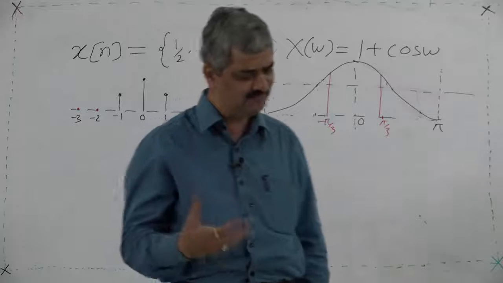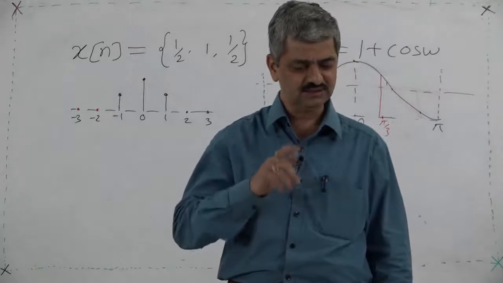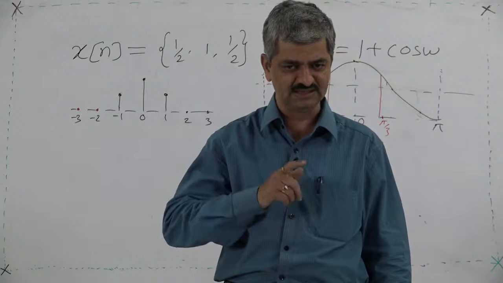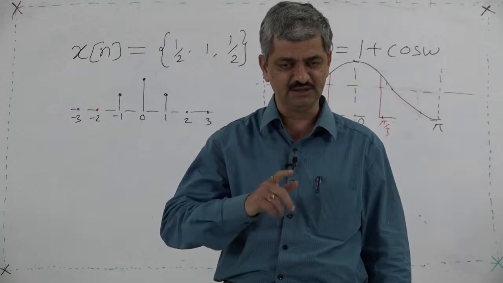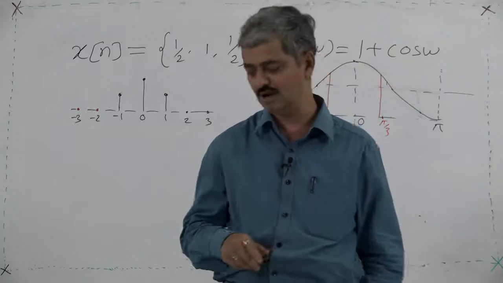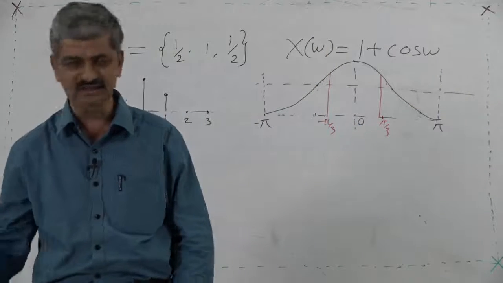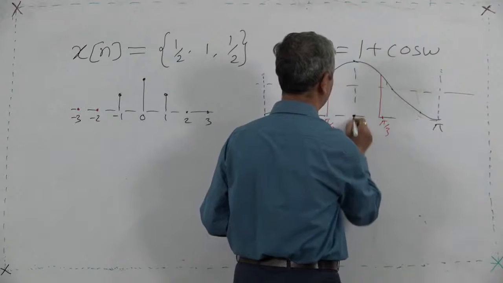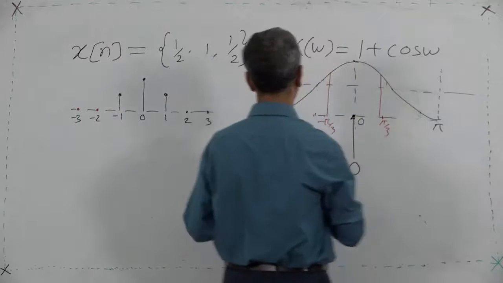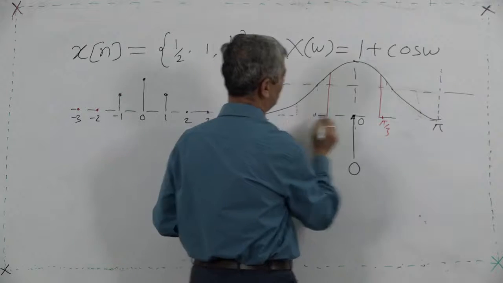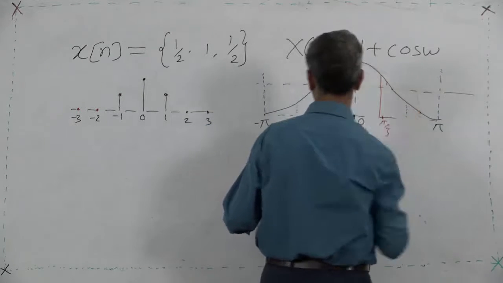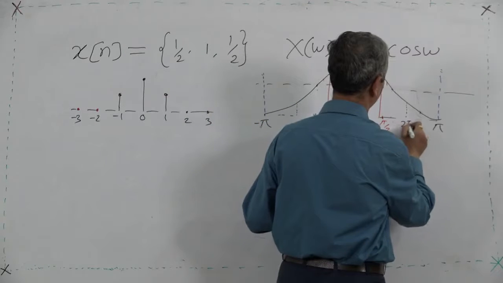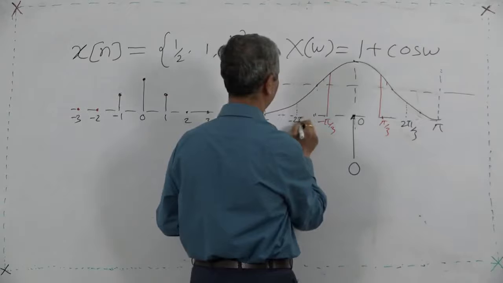So, in each strip of 120 degrees, what I do is now try to see what the theme is. The DTFT represents the amplitude of rotating points. So, the center of these 3 strips: what is the center of the middle strip? 0. What is the center of this strip? And what is the center of this strip? 0, 60, 120, that is 2 pi by 3 and minus 2 pi by 3.